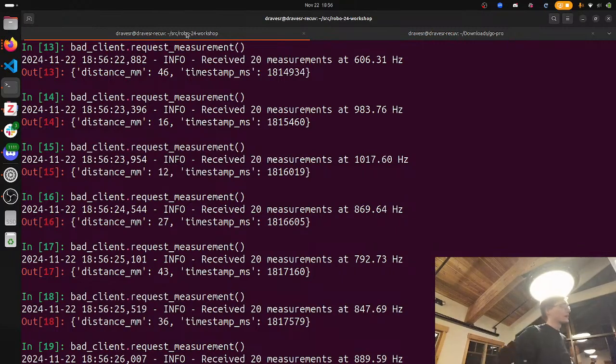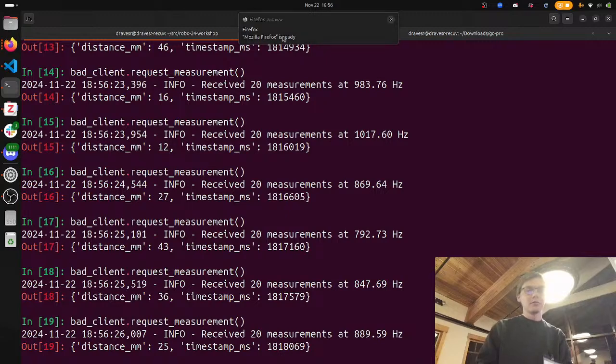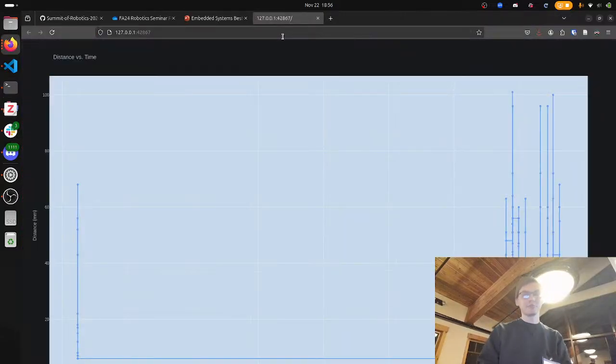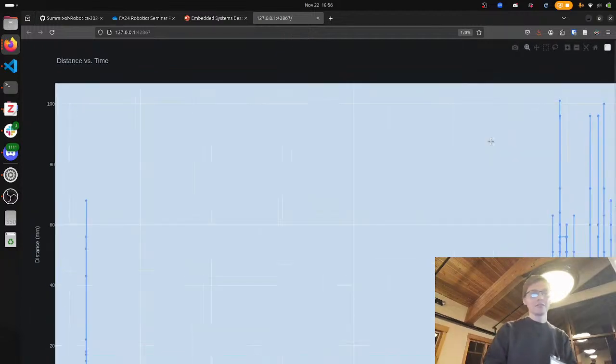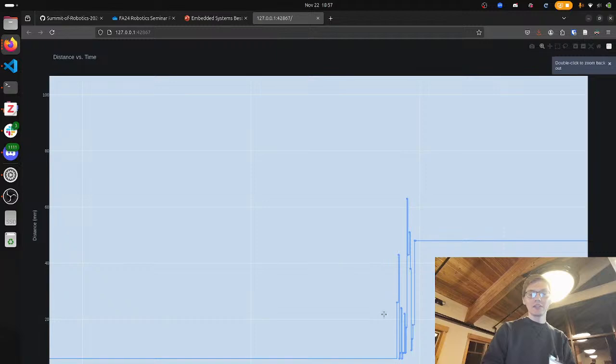Obviously, we're getting a lot of noise here. And included with this client as well, we have the ability to plot some of the measurements. So we will hope this works on the first try. Perfect, it does. We can plot out some of these measurements, I guess that doesn't zoom, that's unfortunate. And if I zoom in on a particular slice here, we can see a lot of noise.